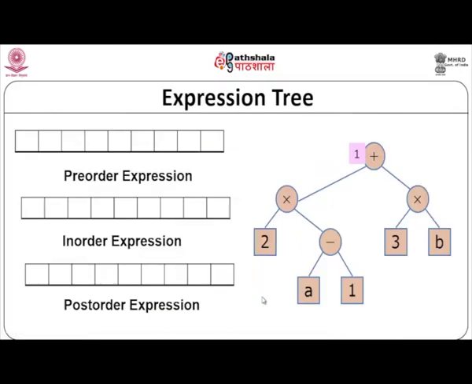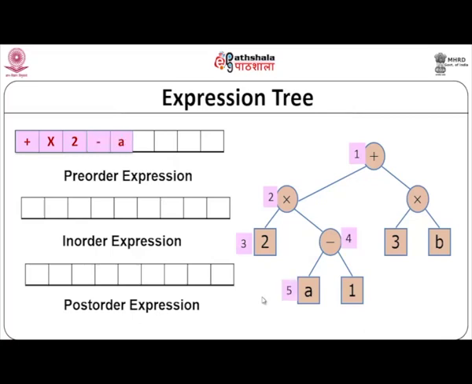Now, I have an expression tree. I am going to do the same traversals on the expression tree, just to show you how it gives different expressions. So, first we will see the pre-order. So, remember what is pre-order? Pre-order is root, then left, so I have this, then I do the root,